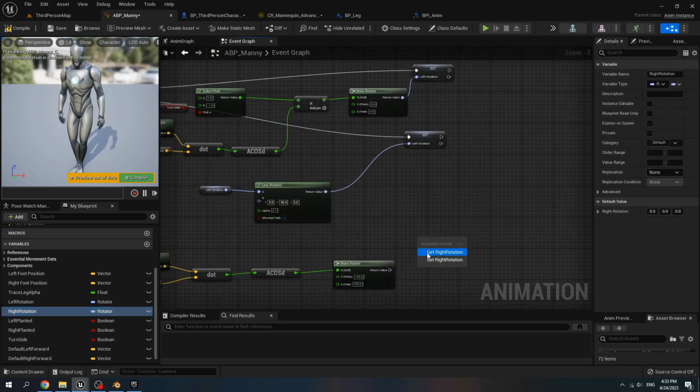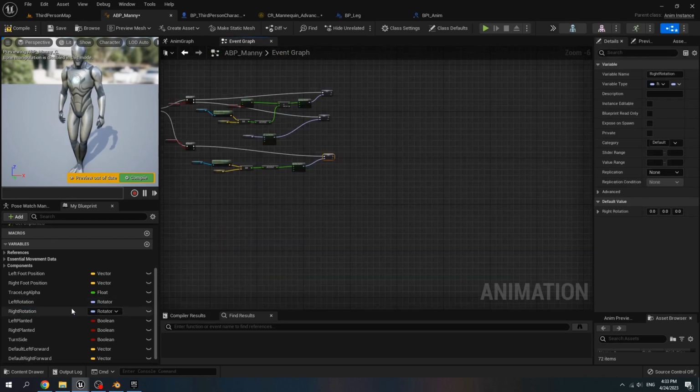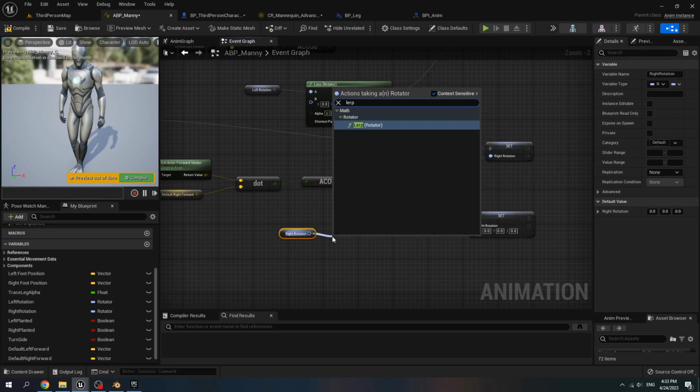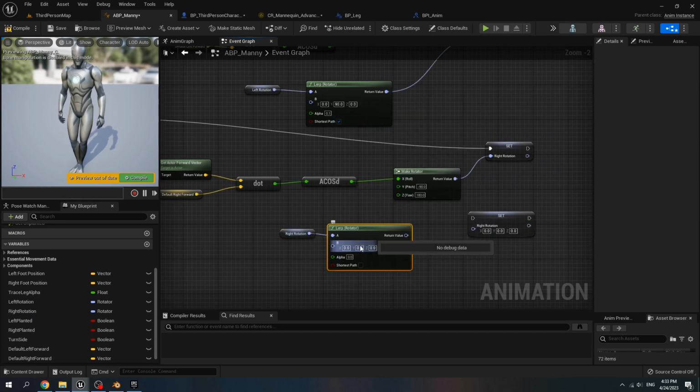Set right rotation, and if it's false, set right rotation, get right rotation, call lerp rotator and B value is